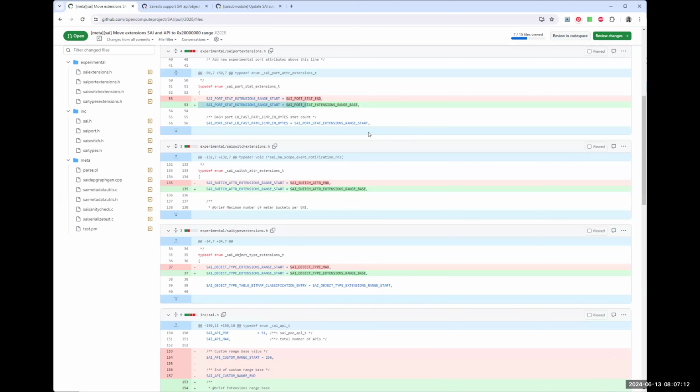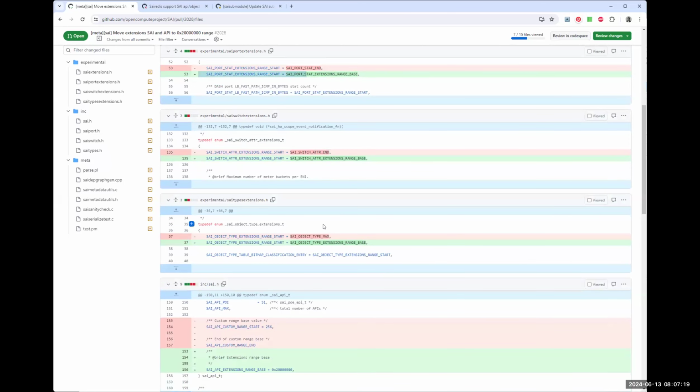That's the same for all the objects. And the problem is, for example, if we use the object type,